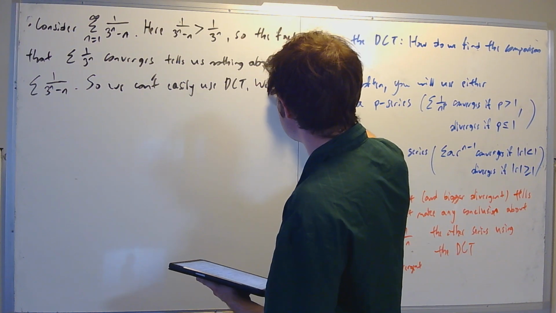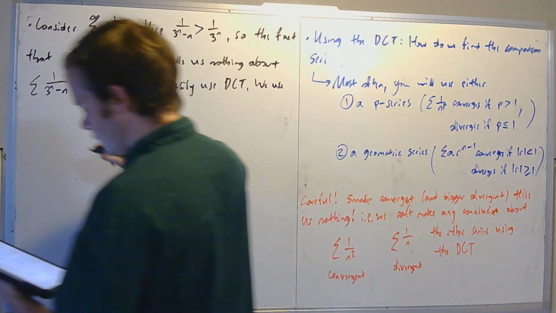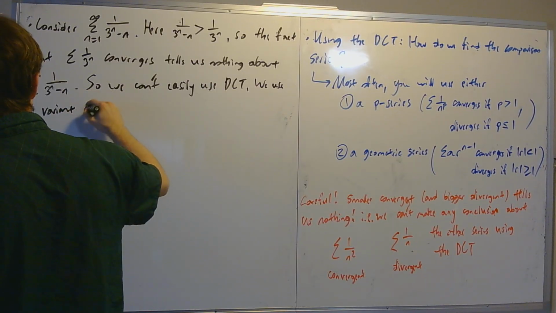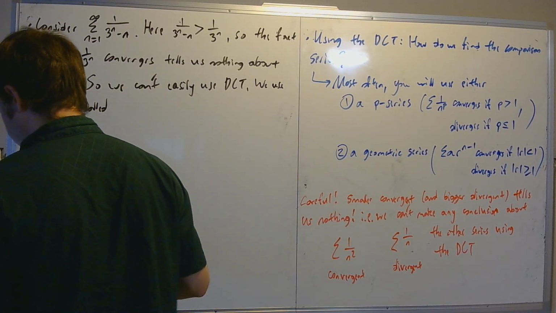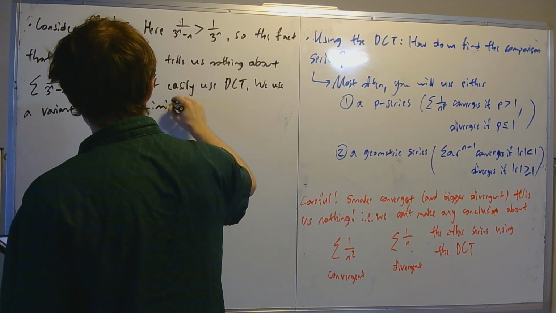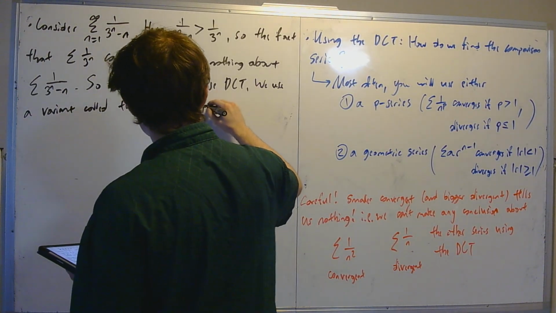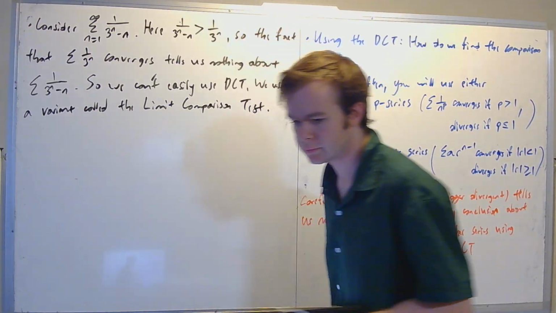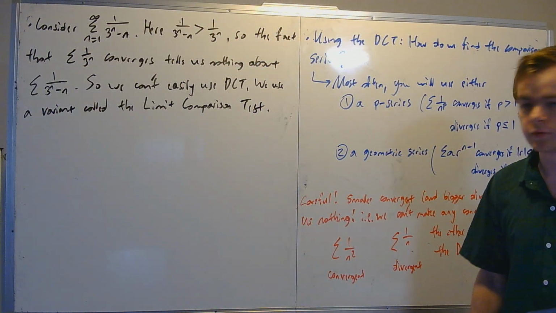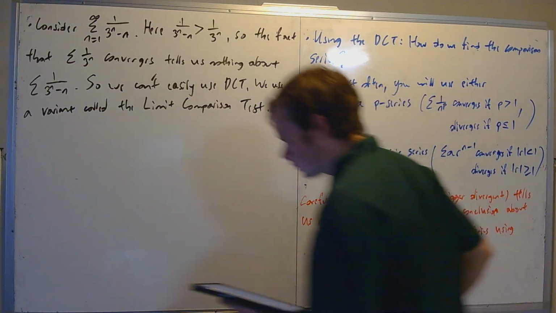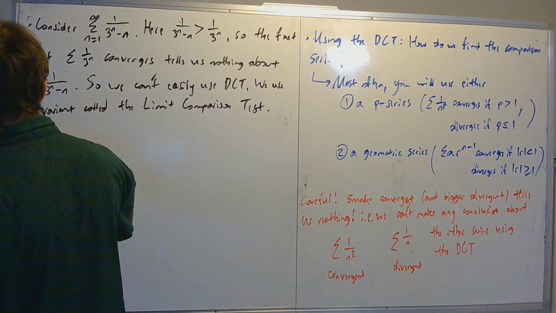So we use a variant called the limit comparison test. Right, so we're going to just use a different version called the limit comparison test. So let me write down here the limit comparison test